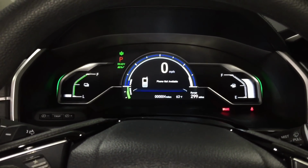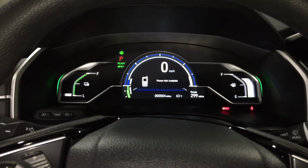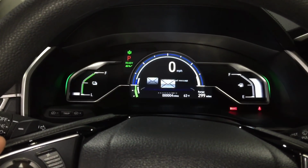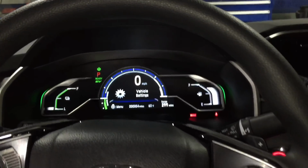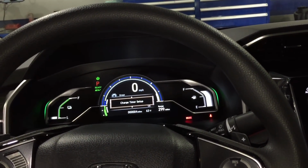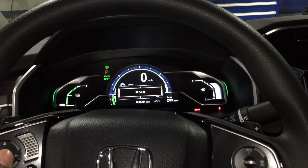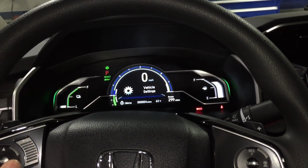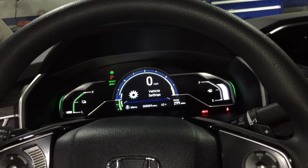Your phone, once you set that, messages, you want to test those. Then you got your vehicle settings, charge timer. Oh, okay, I don't want to use that yet. So you can put how long you can charge. I'm more expecting like